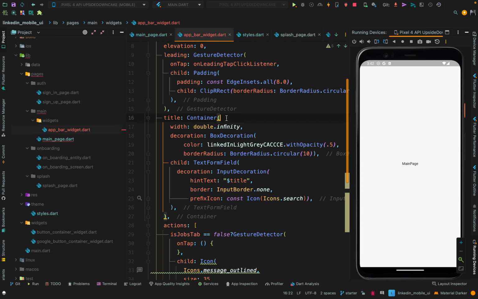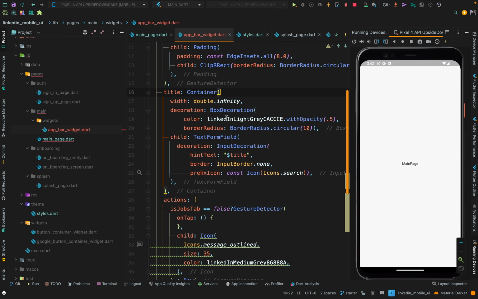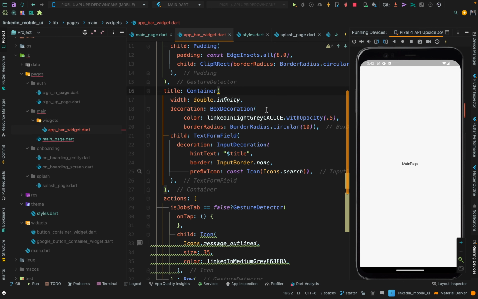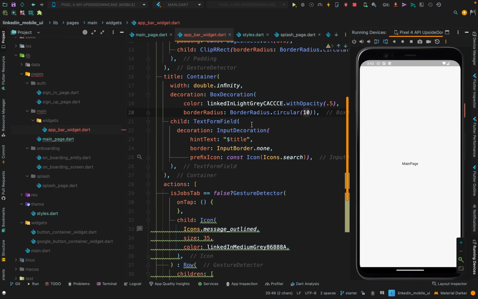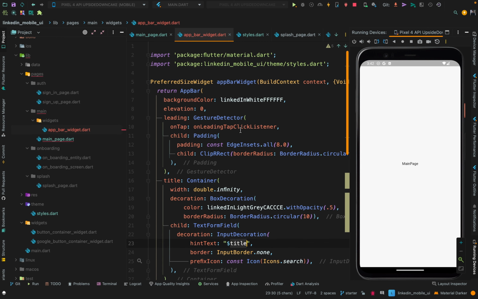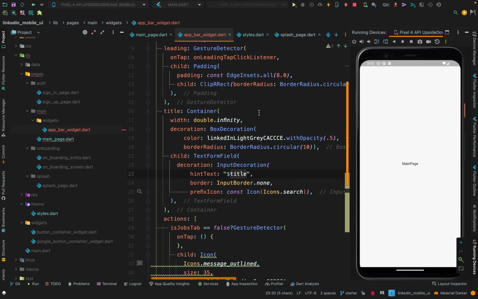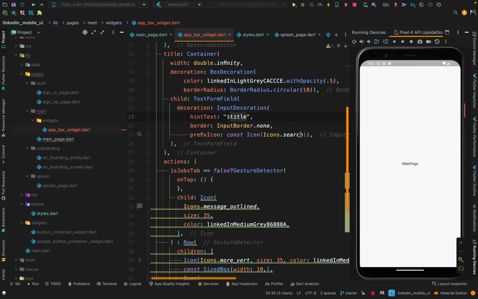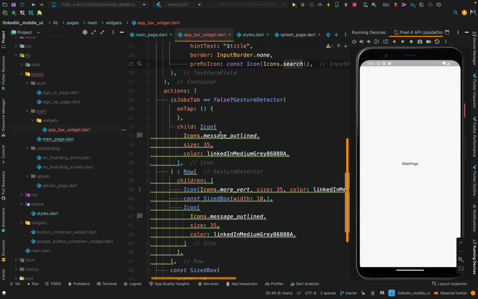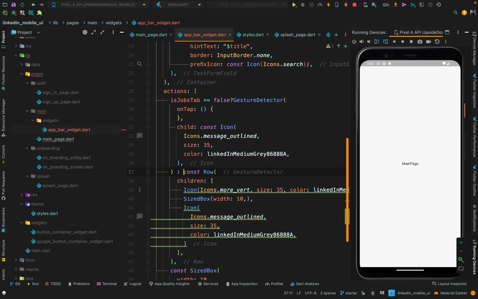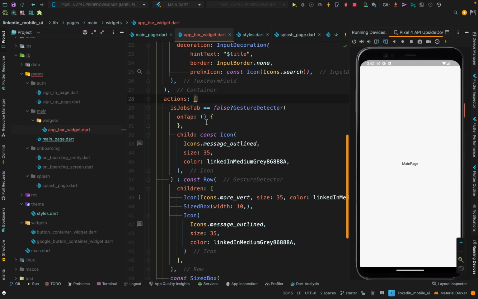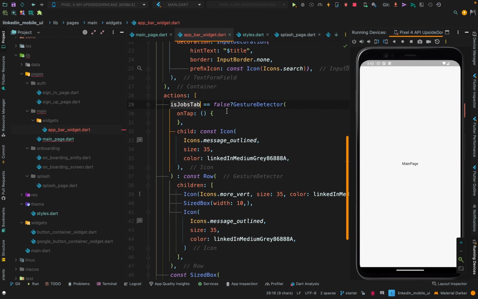And in the title, instead of passing a simple text title, we pass here our text field, which is wrapped by a container, and we are designing it a little bit in here by giving it color and some rounded corners. And in the text field, its hint text comes from the title that we pass in here, and then we have a prefix icon of search, and here let's put the const in here also for this one row. In the action buttons, what we are doing is we are checking if the job post tab,